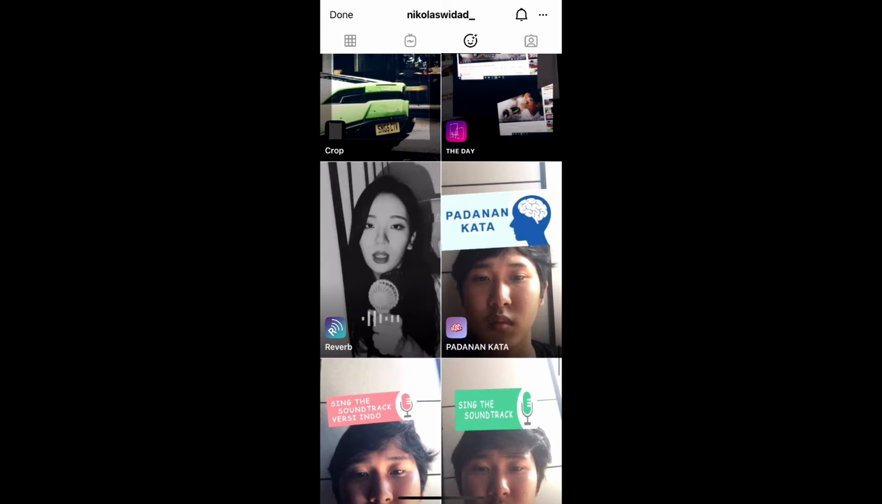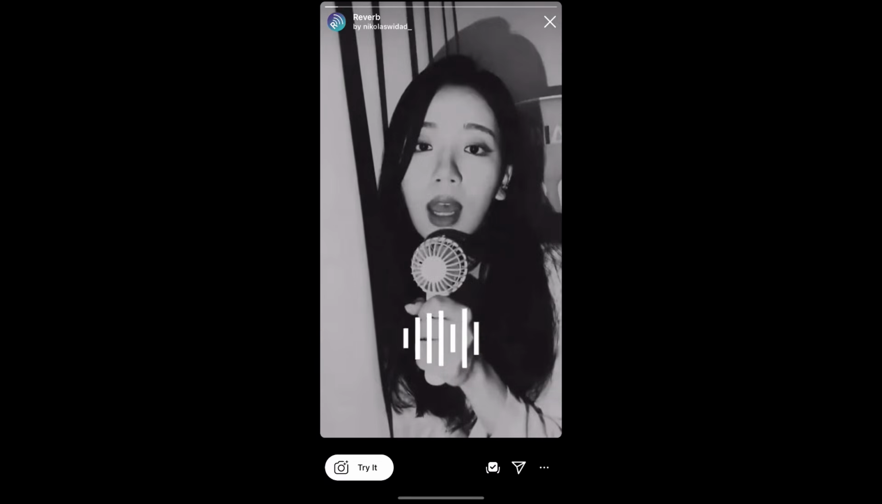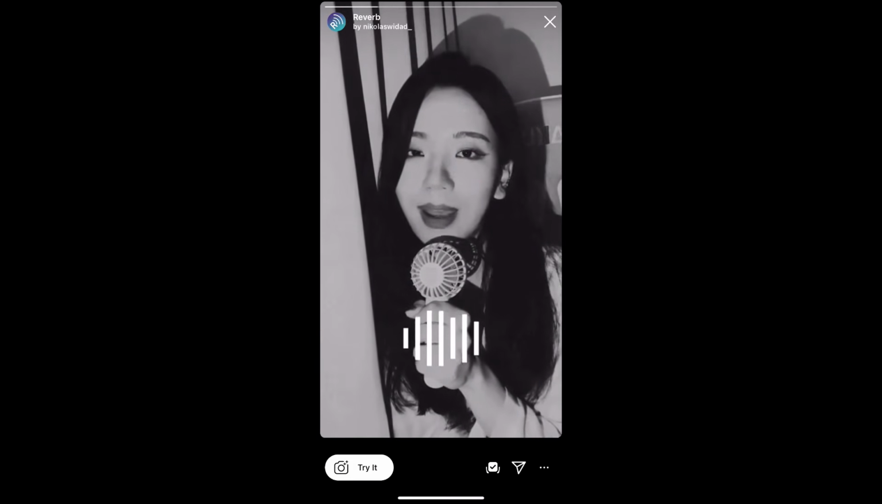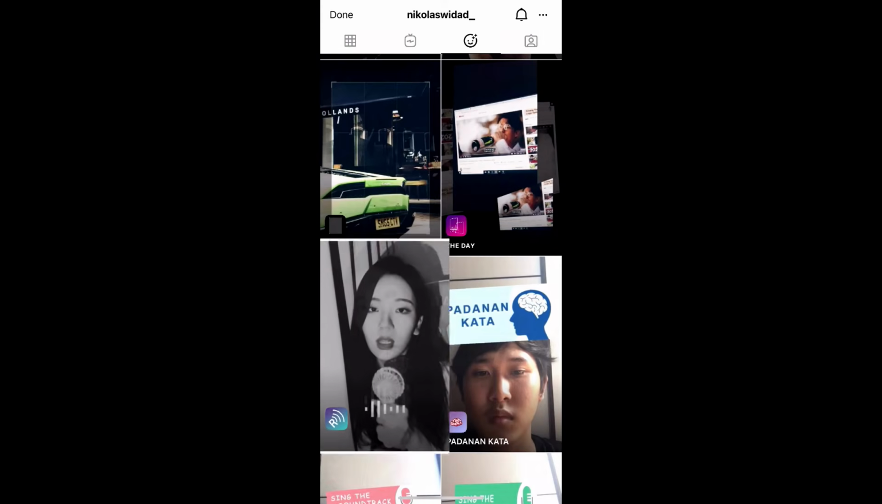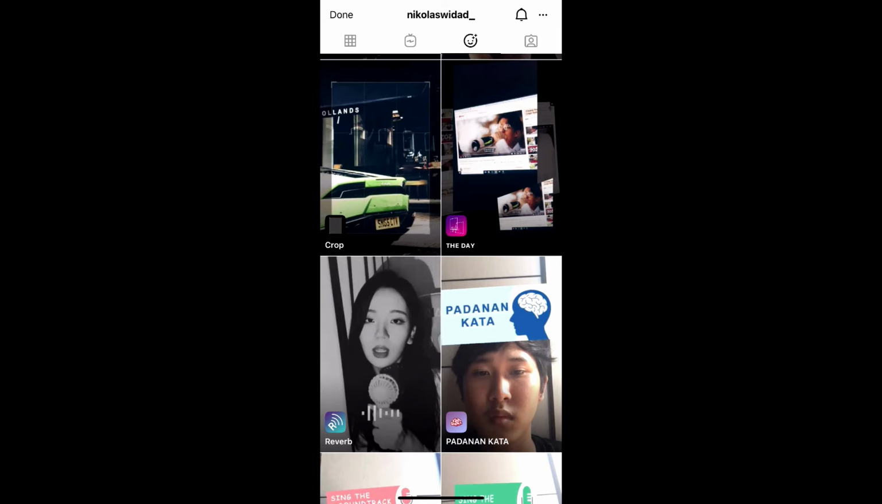Okay, and this is the filter, reverb. Tap on it. Okay, this is the filter, and you will see this preview. From here you can save it to your Instagram camera tray, and you can tap on try to try the filter. Okay, and suppose you are not getting the effect like this, then what you can do,